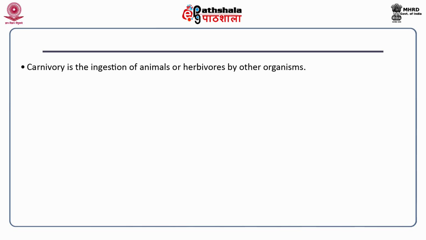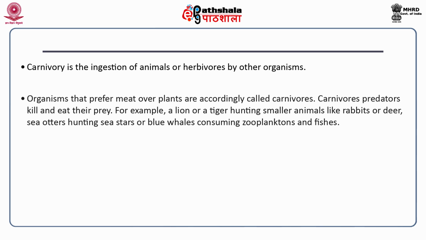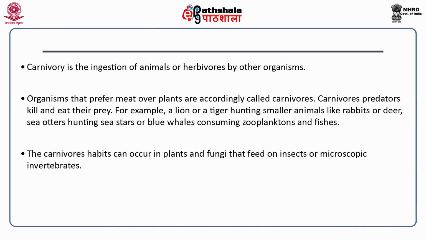Carnivory is the ingestion of animals or herbivores by other organisms. Organisms that prefer meat over plants are called carnivores. Carnivores are predators; they kill and eat their prey. For example, a lion or a tiger hunting smaller animals like rabbits or deer, a sea otter hunting sea stars, or a blue whale consuming zooplankton and fishes. Carnivorous habits can also occur in plants and fungi that feed on insects or